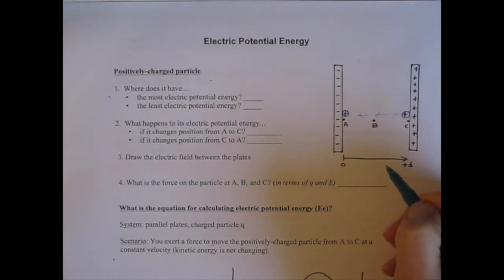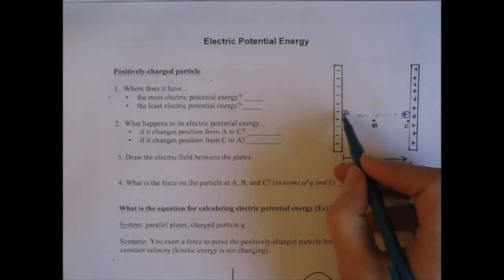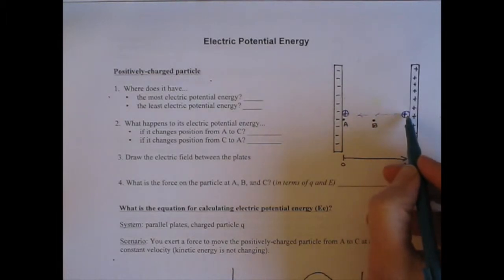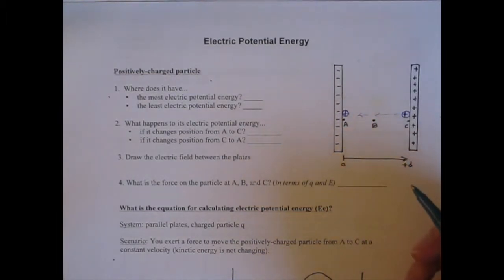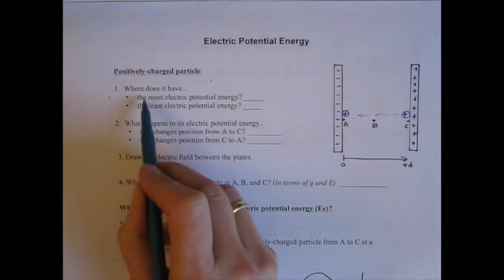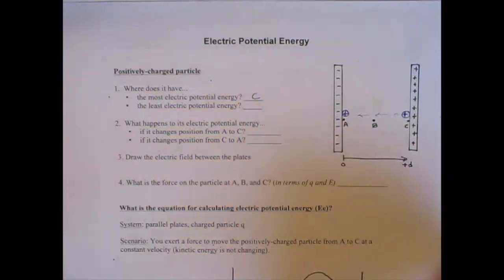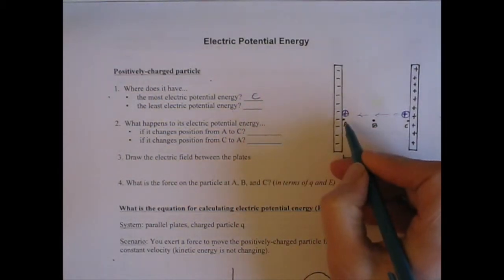You have to exert a force to oppose the force of gravity to get it lifted up. So it's very similar here. You're doing work, and that work is transferring energy into the system and increasing the electric potential energy. So it would have the most electric potential energy at C,